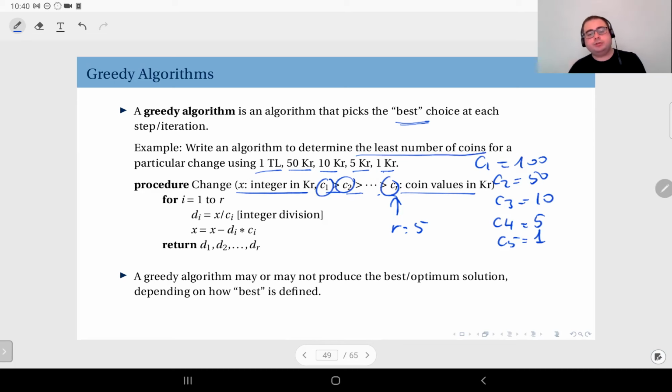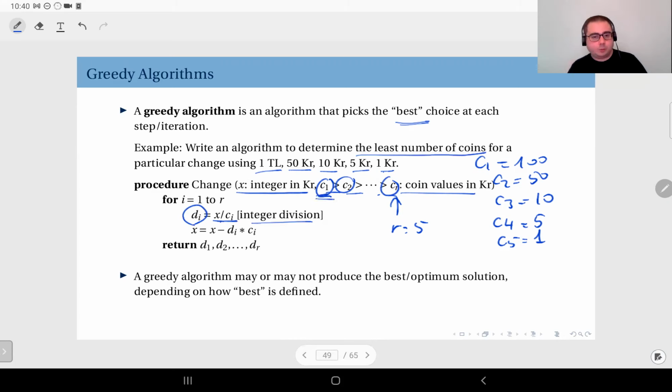So I would like to use as many C1 coins, the largest one, as possible. So I divide x by ci, and the result of this division, this integer division, is going to give me the number of coins I need from